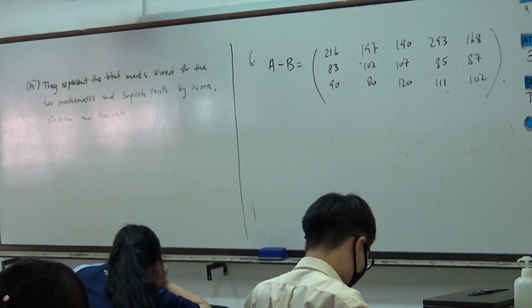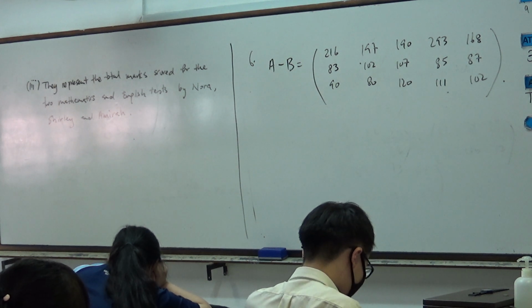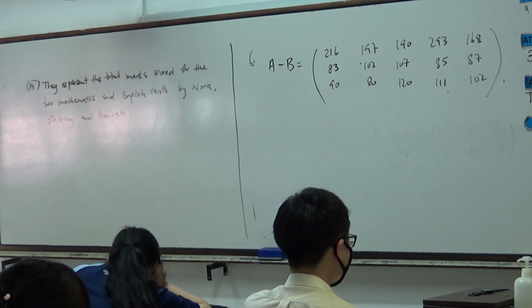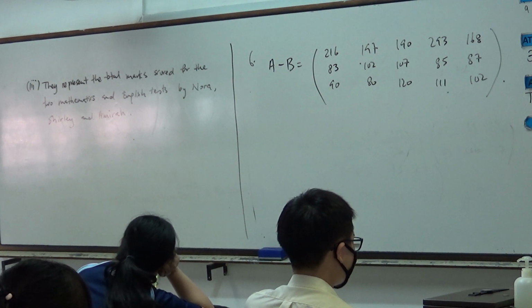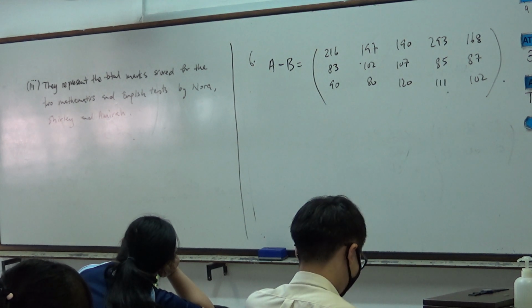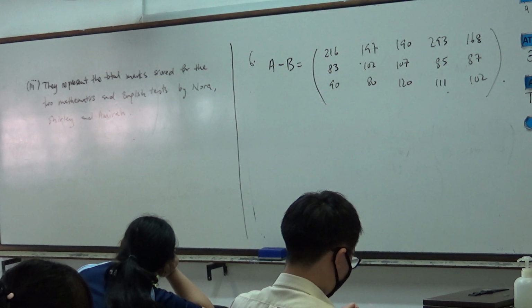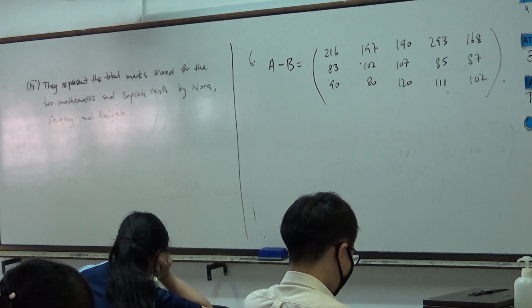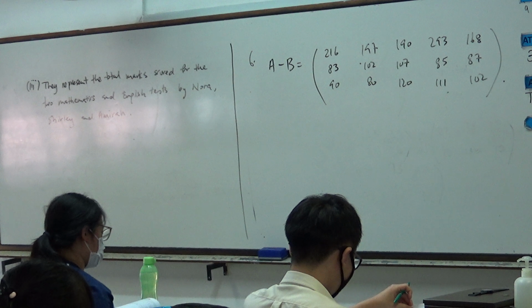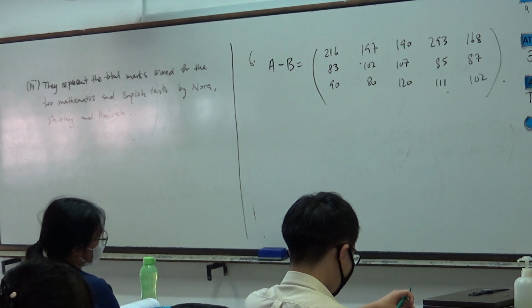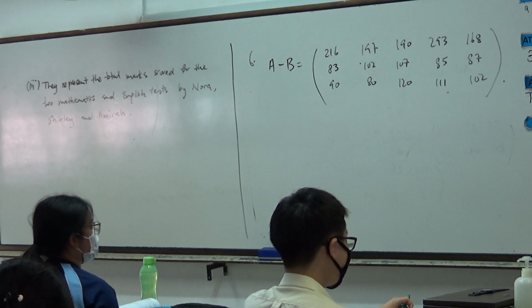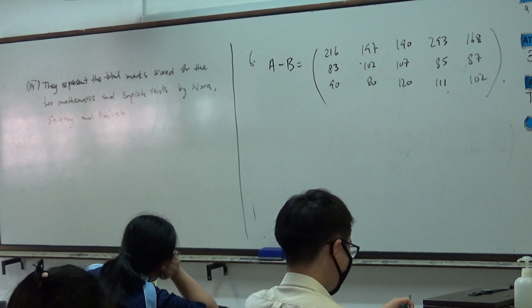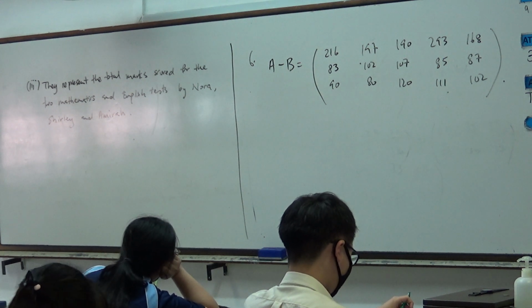Explain what the numbers in the matrix in part 1 represent. What does it represent? What did you write? So for each subject during the month of December. Now, I want everybody to look at the matrices again. First one is